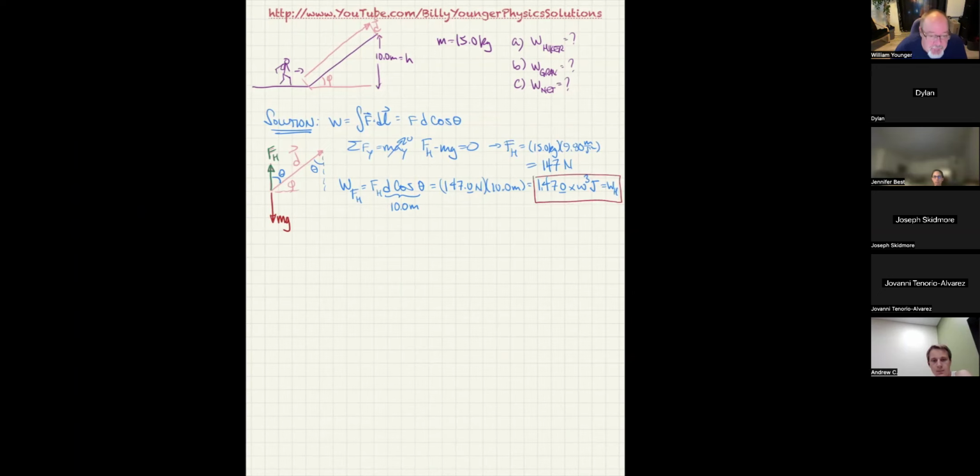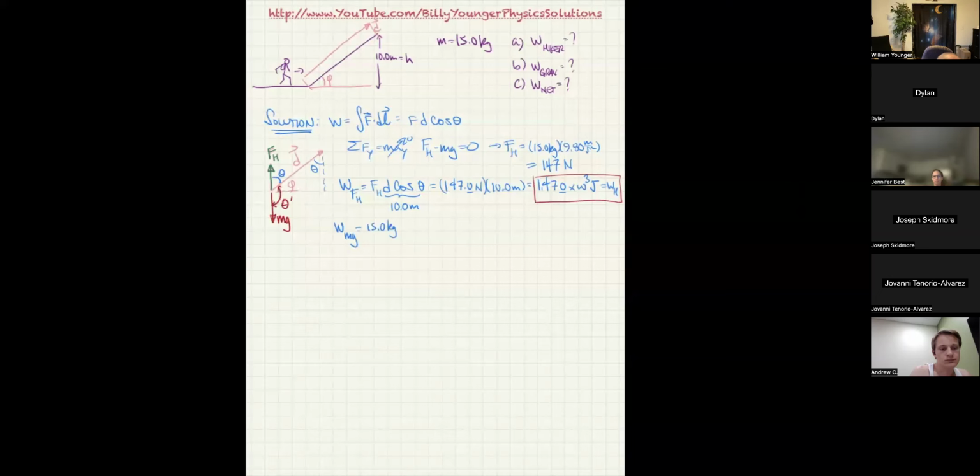Anybody have any questions on that? Okay, now the work done by the weight mg. If you look at the diagram again, you'll see that this angle is the angle between F, the mg that is, and the actual D. So this might be theta prime, and I'm going to show you why I called it that, because it turns out the work done by mg is equal to the force mg, which is